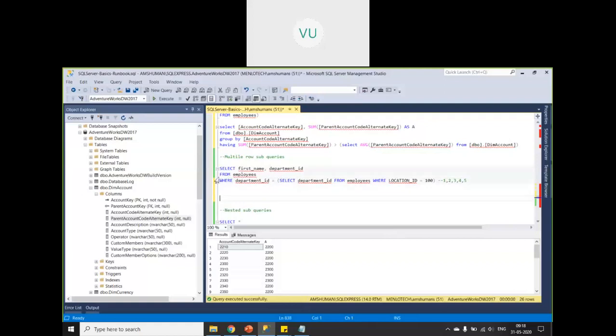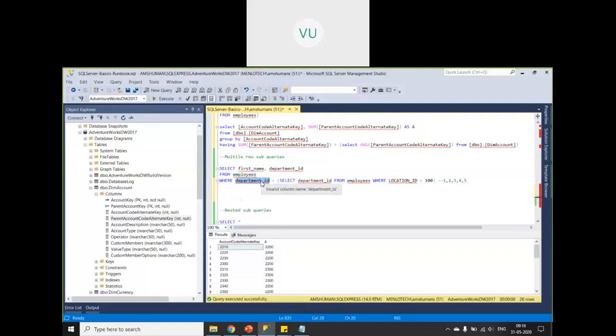Now from this table, we will come to the outer query. For each of the records in this table, this condition will be applied. It will take each record from this table and apply this condition.